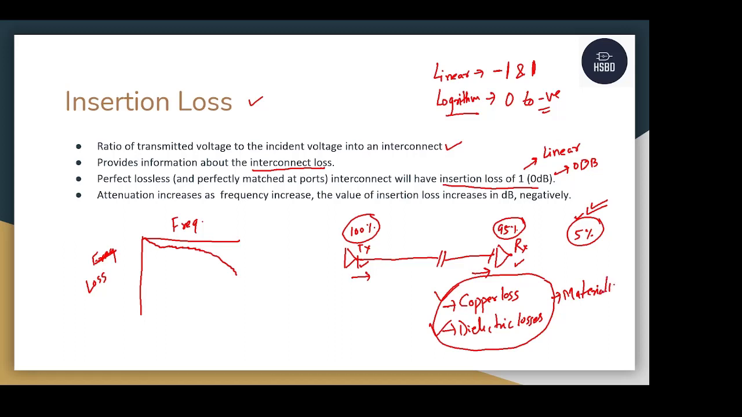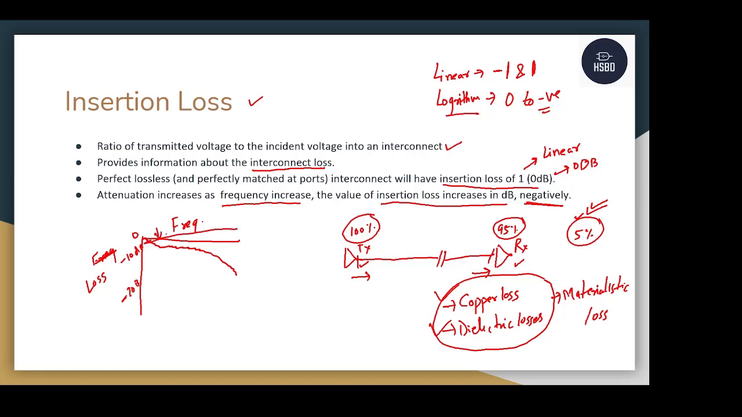Materialistic losses. Okay. So attenuation increases as frequency increases, as it shows. The value of insertion loss increases in dB negatively. As you can see for this one, for example, if the value is 0 and this one is minus 10 dB and this one is minus 20 dB, and